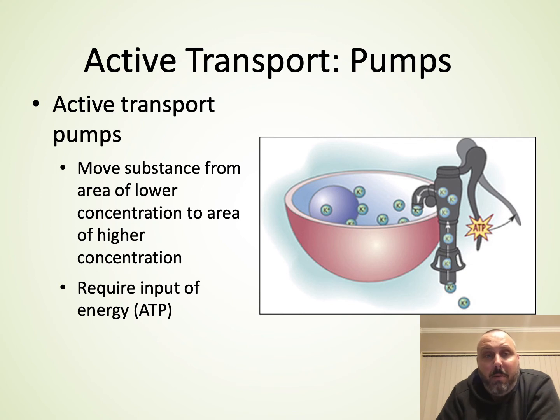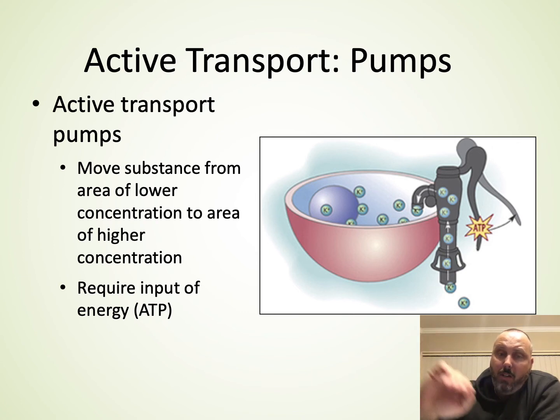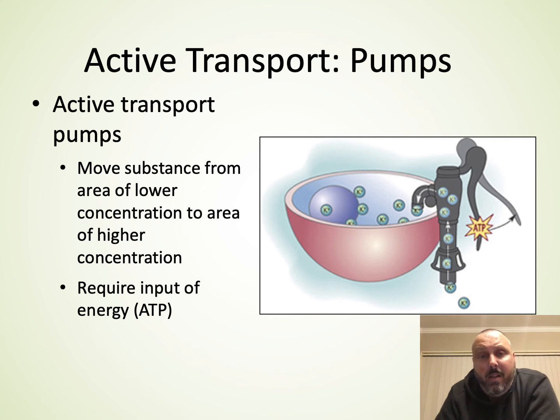Active transport, where we need pumps and we need ATP, is uphill, so we're going from low concentration to high. So obviously the natural tendency is for the substances not to go that way. If we want them to go that way, we've got to give them energy. Okay, the example on this picture is potassium ions,